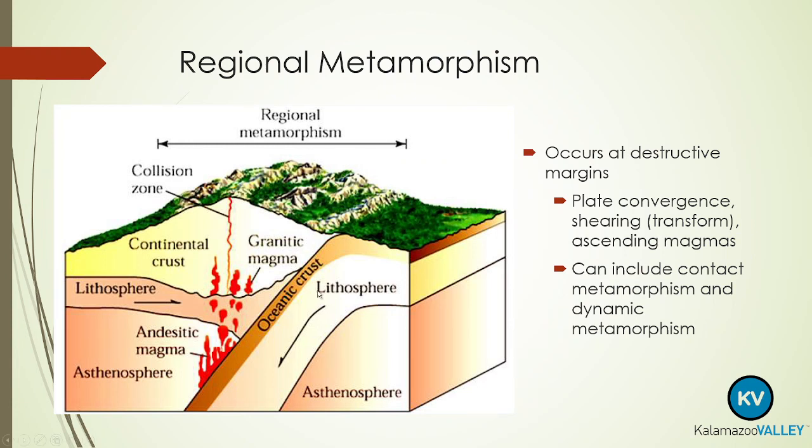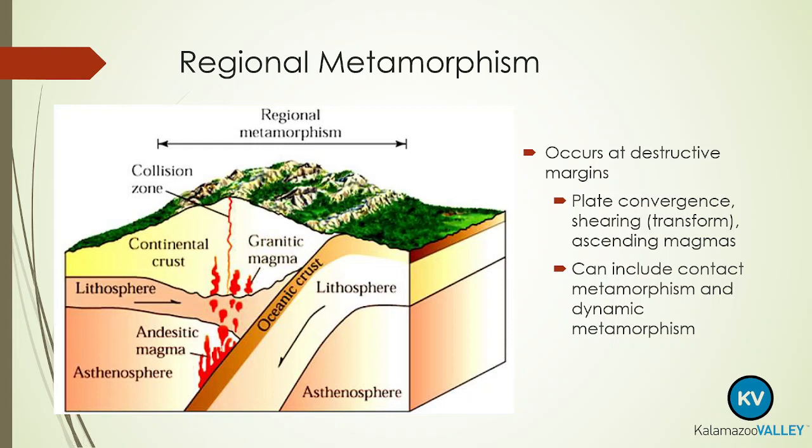Now within regional metamorphism, we may also see some contact metamorphism. Notice this example of a convergent boundary between continental crust and oceanic crust. The oceanic crust subducts underneath the continental crust, and as it gets deeper and deeper, it will eventually start to melt away, which will give us magma intrusions, and we will have contact metamorphism in those areas. Additionally, we will see